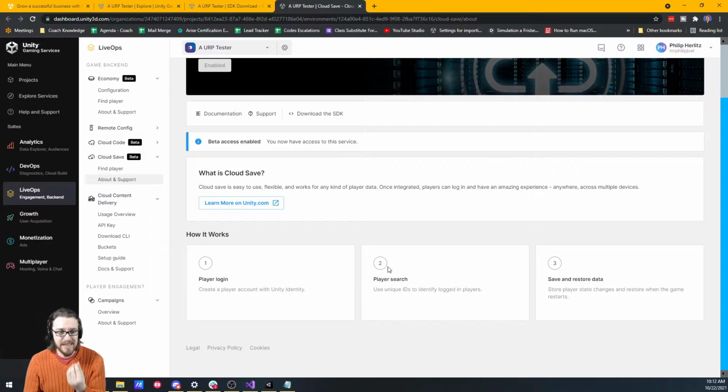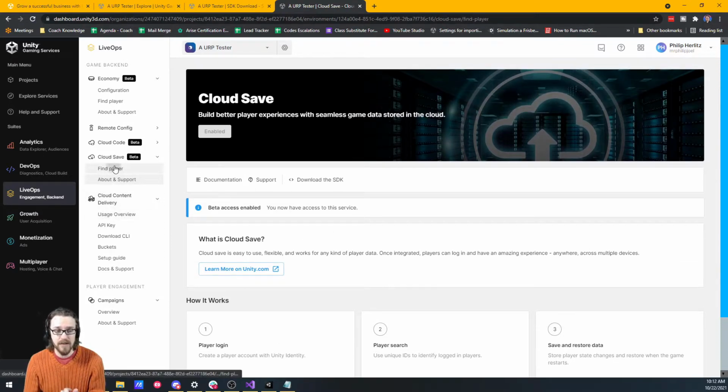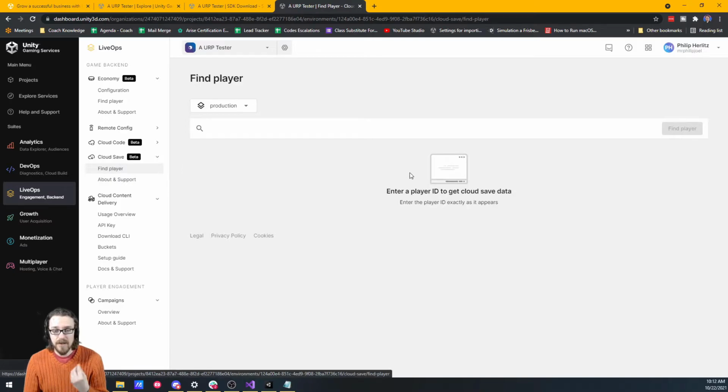One thing I would want to see is where's all my save data? And the only thing you can do to see your save data is go to Find Player, but then you need the player ID exactly as it appears. So what is that? So by default,